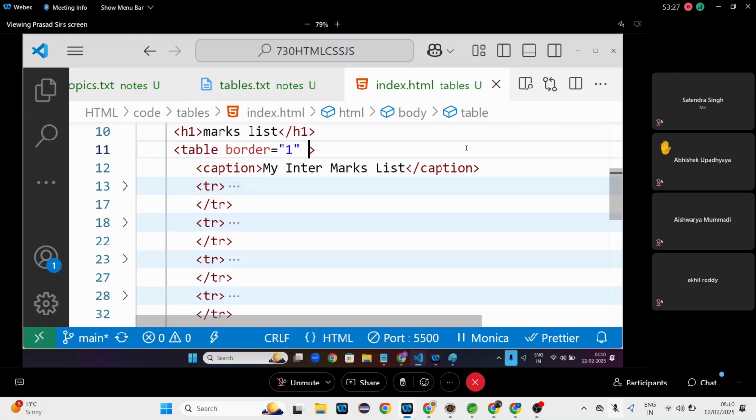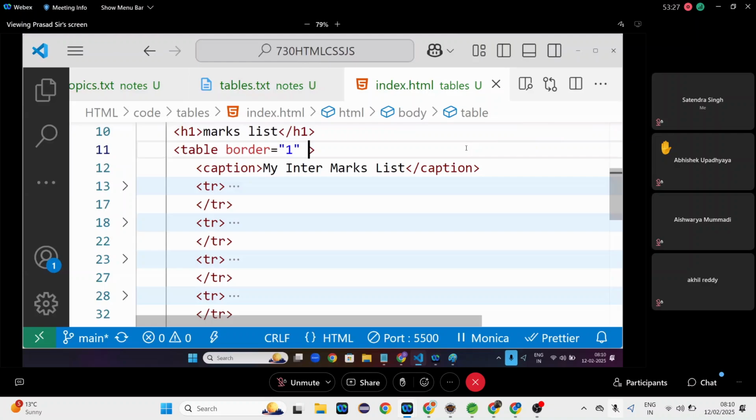You can even do something called cell spacing. Okay, I think cell spacing is deprecated, so no need to use it. In olden times, we used to have something called cell spacing. How can we get a single line border? We will do it in CSS. Normally, if you give a border, it will come as a double line, because one line comes for the table and one line for each box. But you can do it in CSS only for the table. In olden times, I will show you this property, but it's not there, I think, because it's coming in red